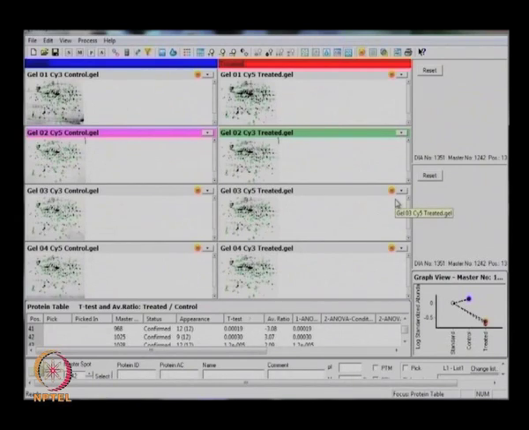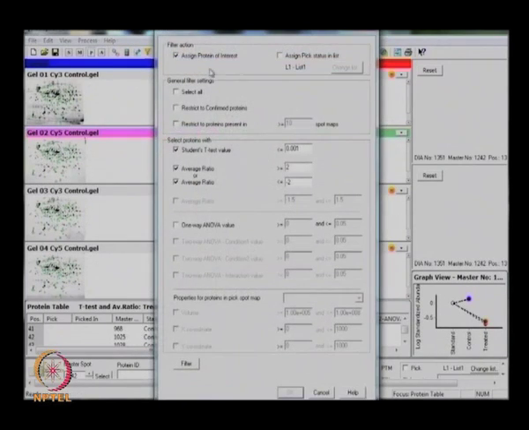So, after this we can filter them according to our interest. Select the few parameters which are available, restrict to the spot maps in which a particular protein should be present, and student t-test as well as average ratio, then one-way ANOVA value, then filter it.